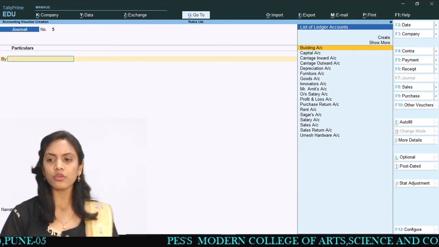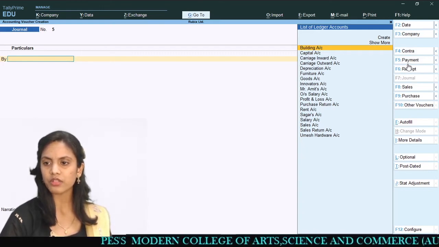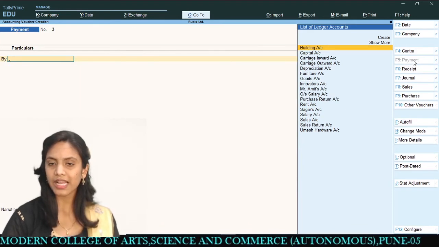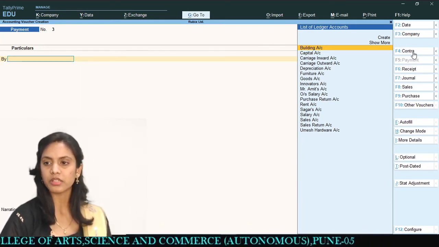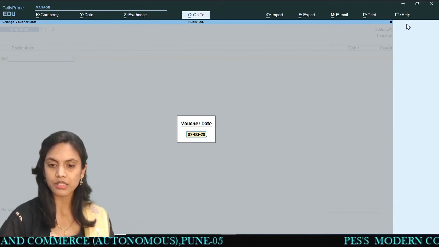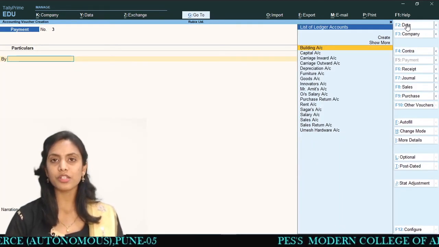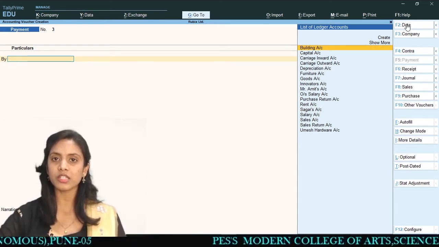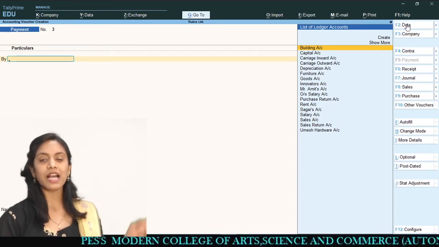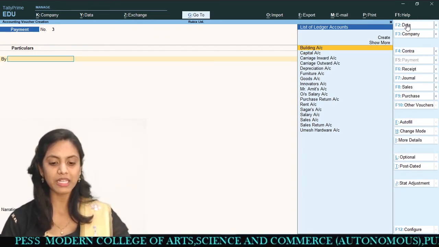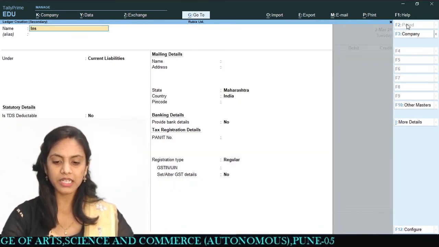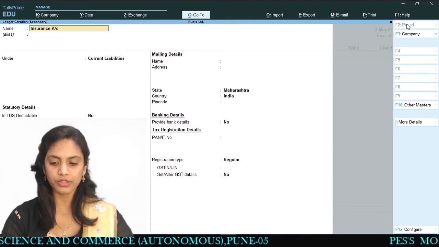Right now we want a payment voucher first, because we paid an amount of insurance, right? So first of all, I choose payment voucher number 3. In that I will put the date of 2nd of March 2021. Then which account is going to be debited? That is the insurance you have paid of rupees 10,000. So I am going to select the insurance, but you know that we haven't created any ledger of insurance. So I will create it on the spot with the help of the Alt plus C option, and I will create the insurance account over here.